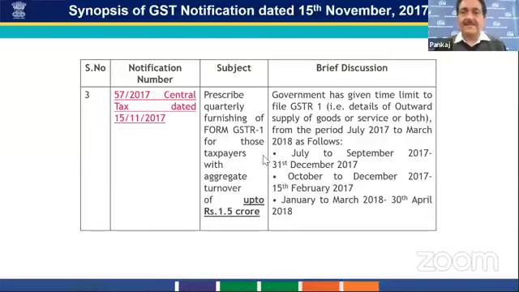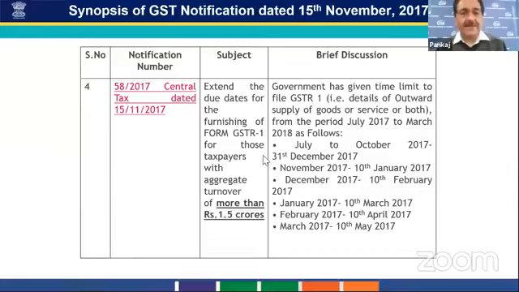For the period July to September, it is 31st of December 2017. For October to December, it is 15th of February 2018. And for January to March, it is 30th of April 2018. But please note that it applies only to taxpayers whose aggregate turnover is up to rupees 1.5 crore.